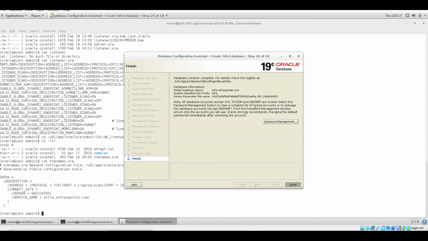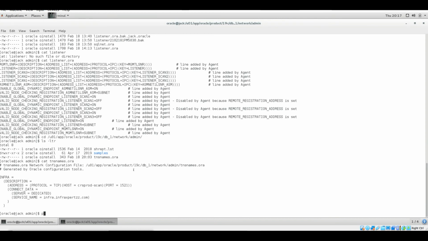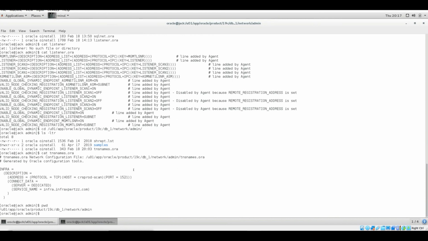Let me just check right now. Where am I? I am in this path. Let me first check a srvctl command. Let me export it, U01 equals to slash u01 app product.